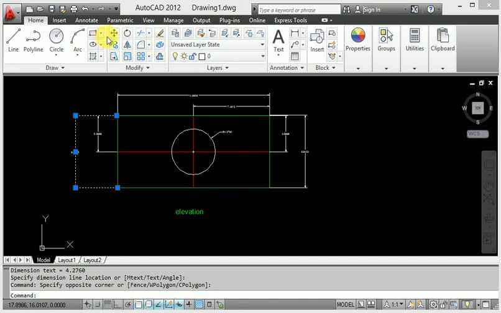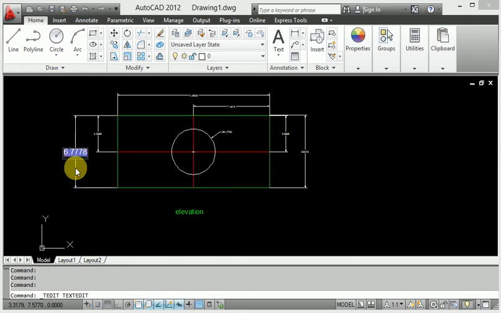This is a template of AutoCAD, but it does not show so many commands. That's why I suggest everyone use shortcut keys, because shortcut keys are important for fast working in AutoCAD.